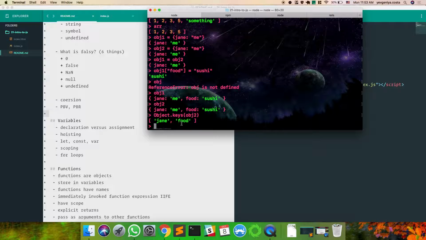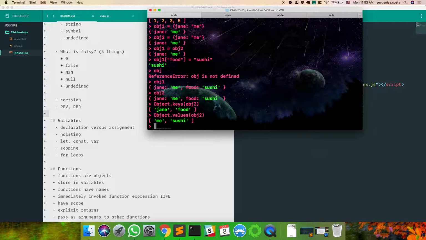Okay, just do values. Cool. How do I check if a property exists inside of an object? So you'll be doing this frequently. You'll have logic where you're like, I have this object. If a value for this property exists, do one thing. If it doesn't, do another thing. How would you check that? How did you do it in Ruby?